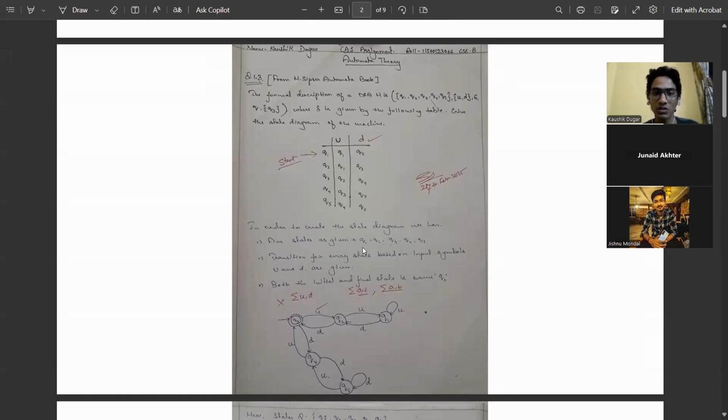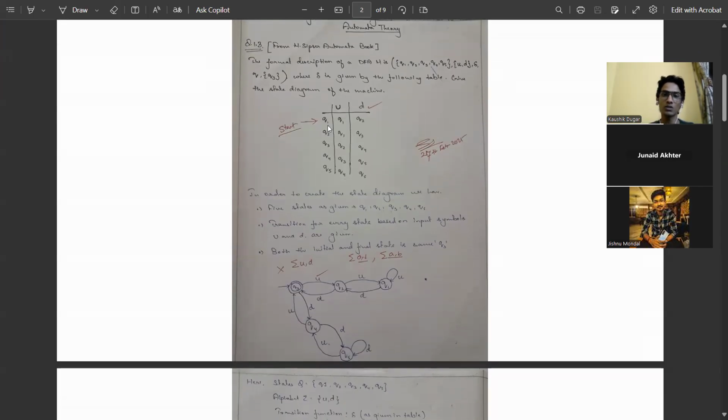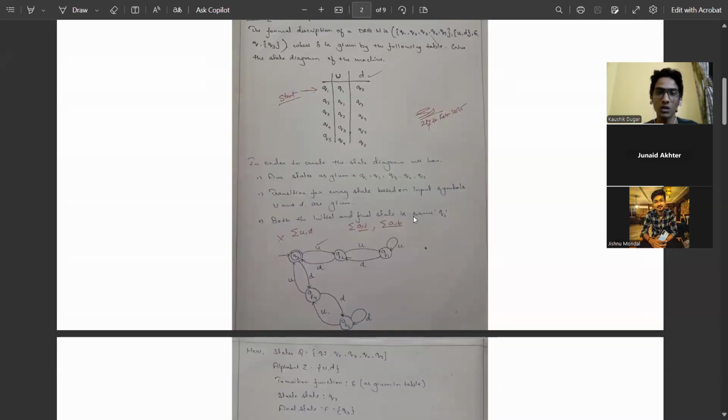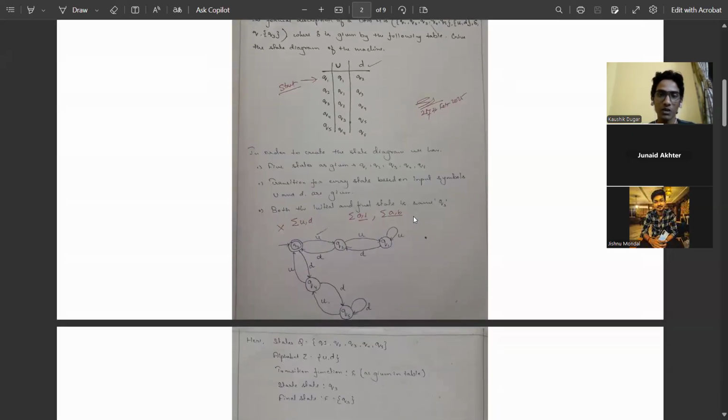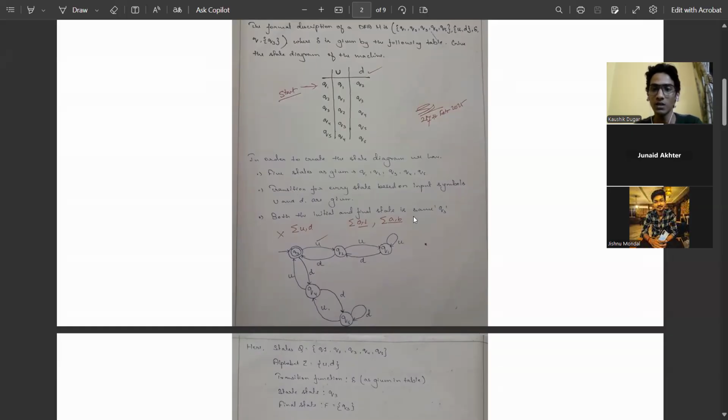So, according to the transition table which is given, we need to draw the state diagram of the machine. According to the transition table, Q1 is the starting state, and for each input U, we have all the outputs which we get the transitions for each input states Q1, Q2, Q3, Q4, and Q5. In order to create the state diagram, we consider all 5 given states, Q1 to Q5, the input symbols, and the initial and